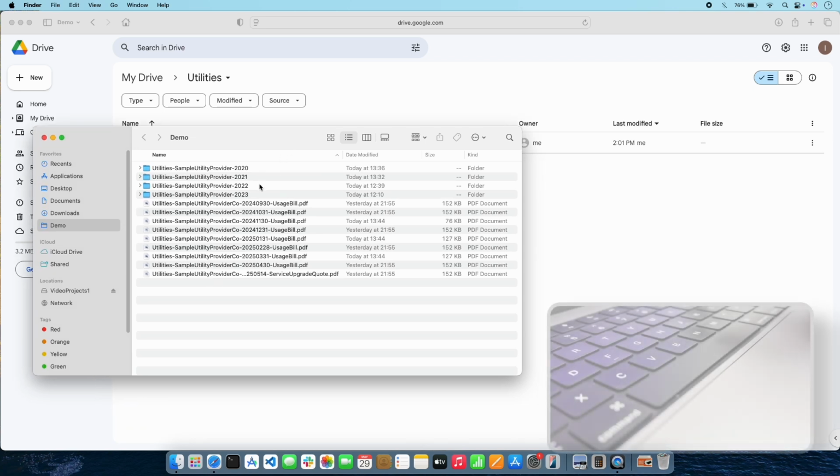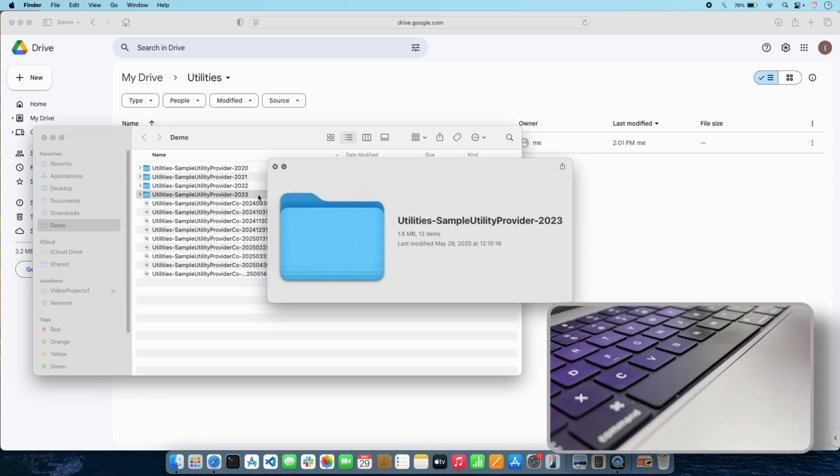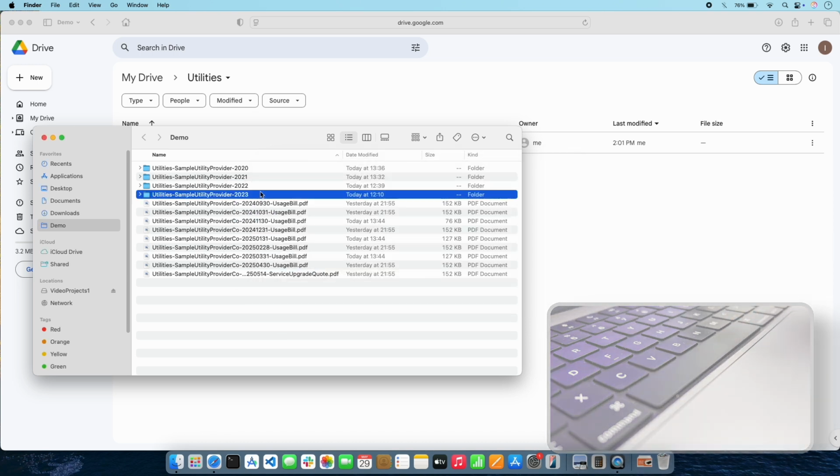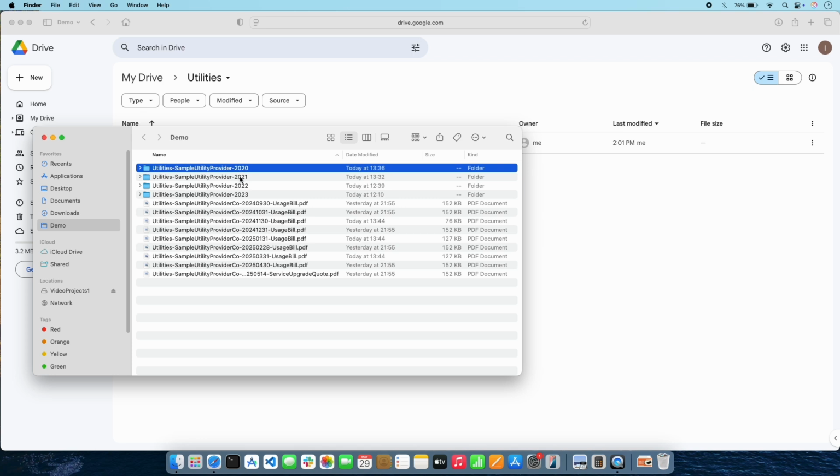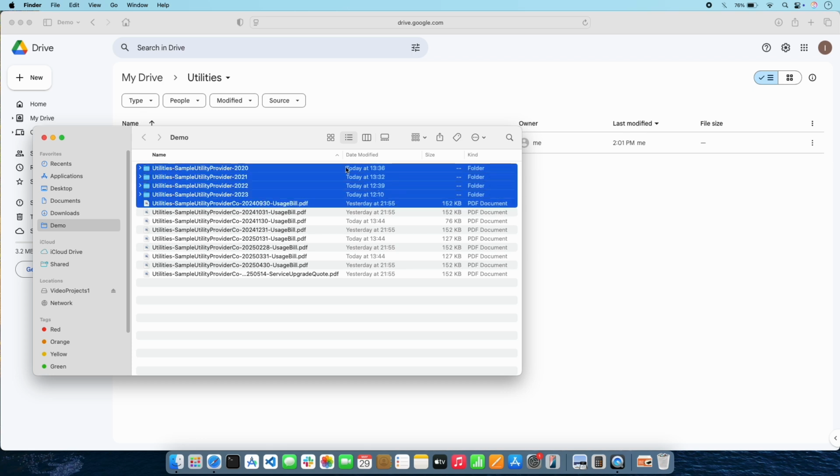Make sure you've positioned the Finder window so that the Google Drive page is also visible, either behind the Finder window or elsewhere on your screen. Now, select the folders you want to upload. Unlike in the first method, multiple folders can be selected for upload at the same time. Multiple folders can be selected by dragging the cursor to select a range of folders that appear in consecutive rows.